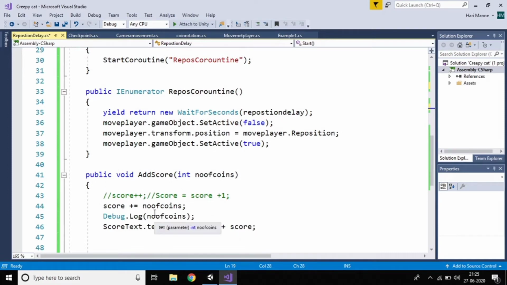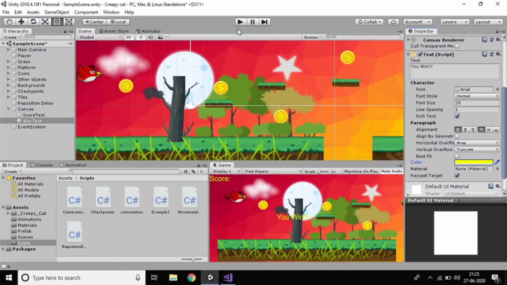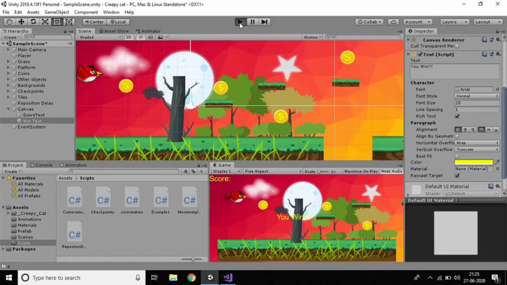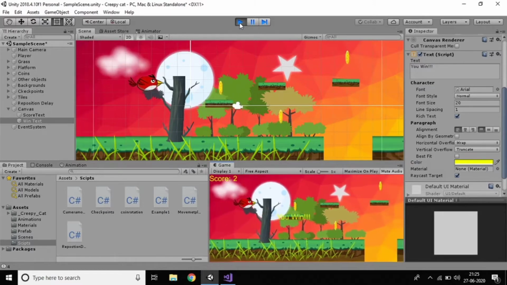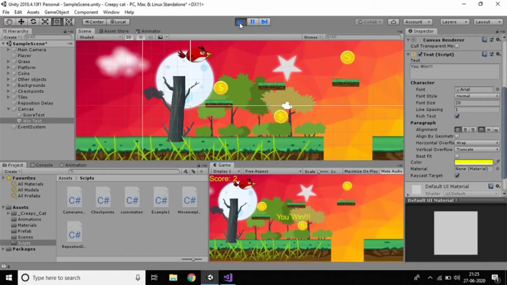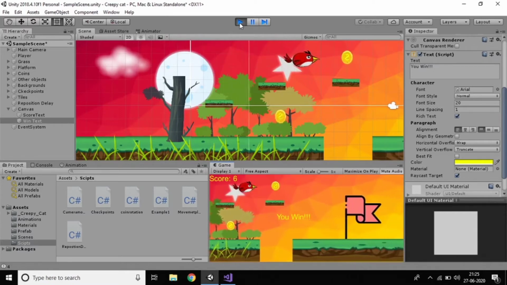So if the score is equal to, if I collect all the coins, we can see that our score is equal to this one. And yes, because I didn't save the script, that's why it's showing "You win".